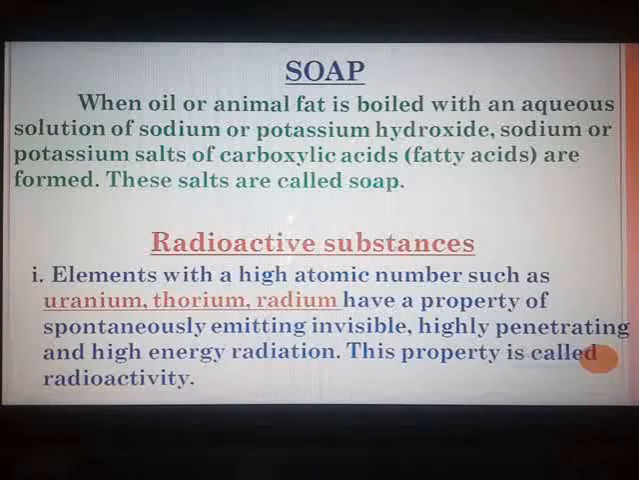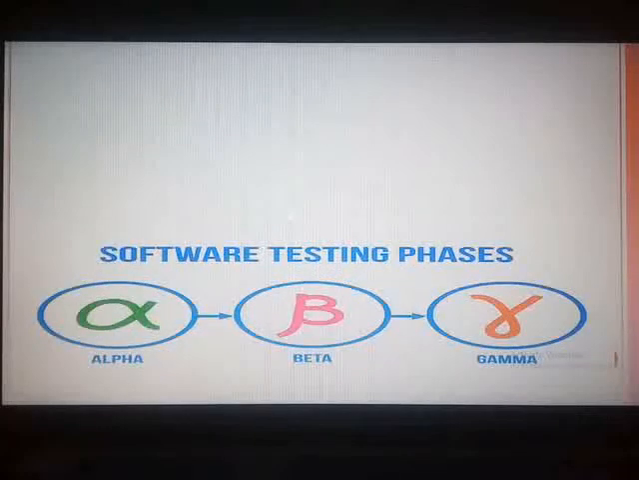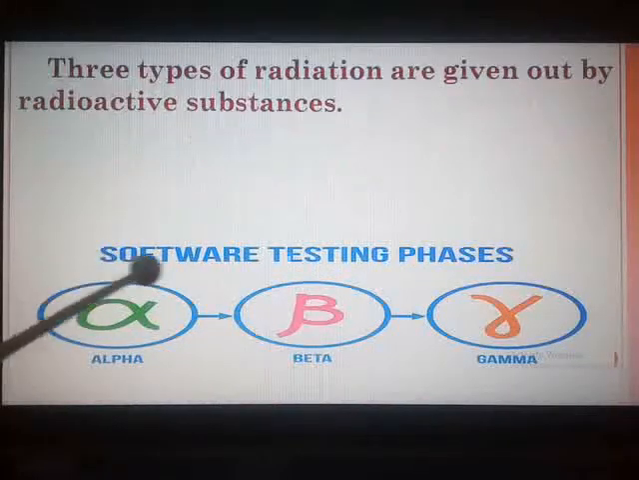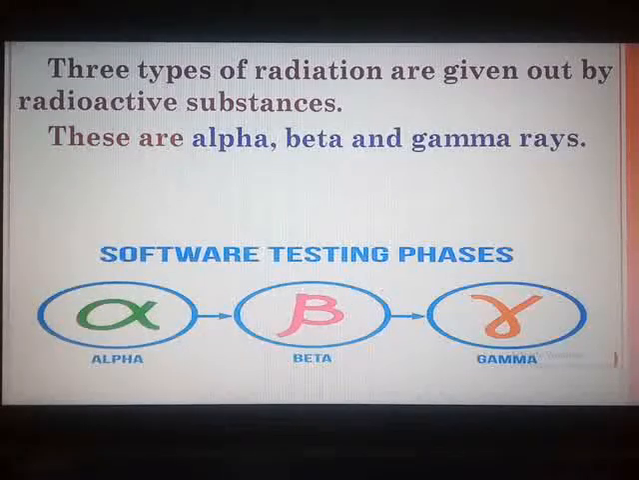The nucleus of these radioactive elements is unstable. You know that they have a nucleus, and these radioactive elements have an unstable nucleus. So radiation occurs from an unstable nucleus, and hence radioactive substances are relevant to our day-to-day life. The three types of radiation which are given out by radioactive substances are alpha, beta and gamma rays. In detail, you are going to study about their properties ahead. Our next topic is